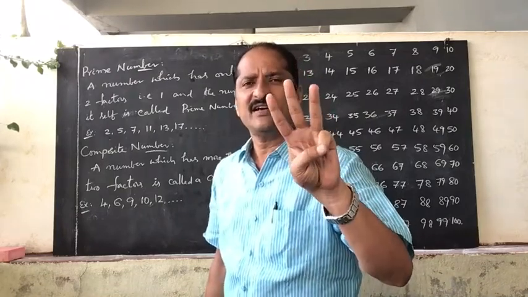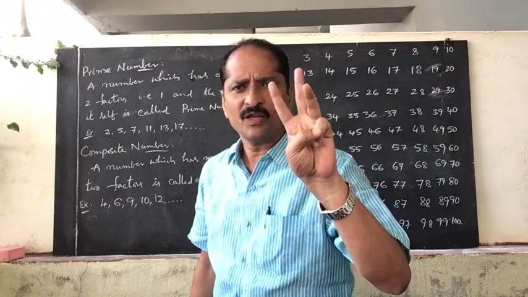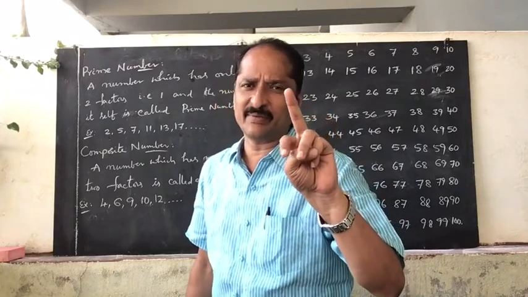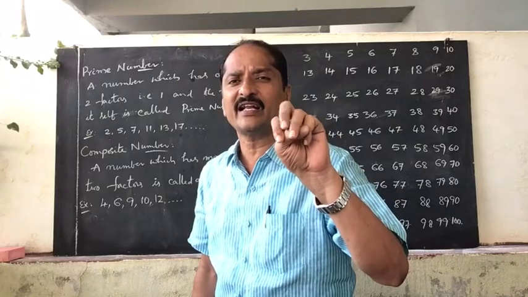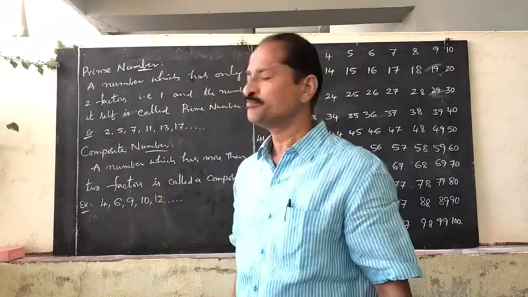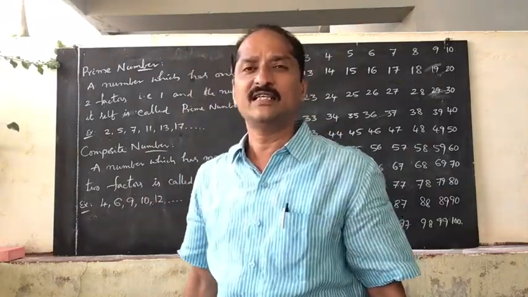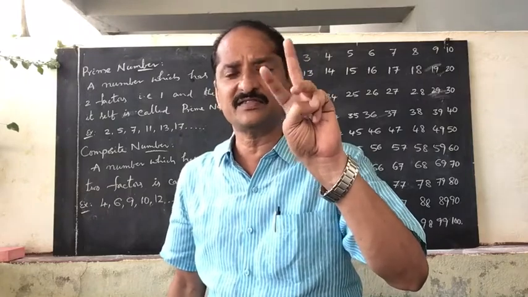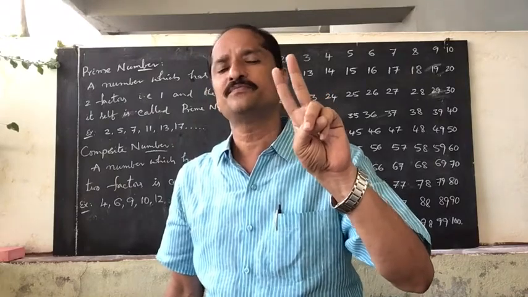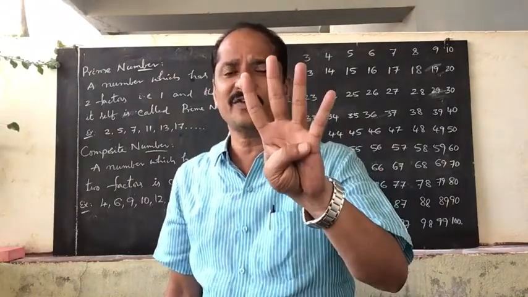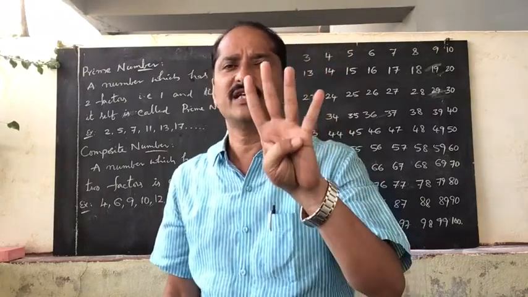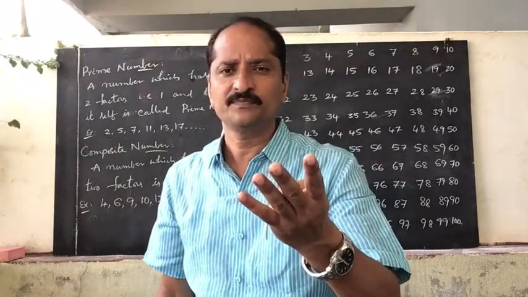What are the 3 factors? For every number at least 2 factors will be there. 1 and 4 are the factors of 4. Other than 1 and the number itself, 2 is also a factor. So 4 has 3 factors, so it is a composite number. In the same way, 6 also. 1 and 6 are the factors of 6. Besides that, 2 and 3 are also factors of 6. That means 6 has 4 factors: 1, 2, 3, 6. So it has 4 factors, that means more than 2.